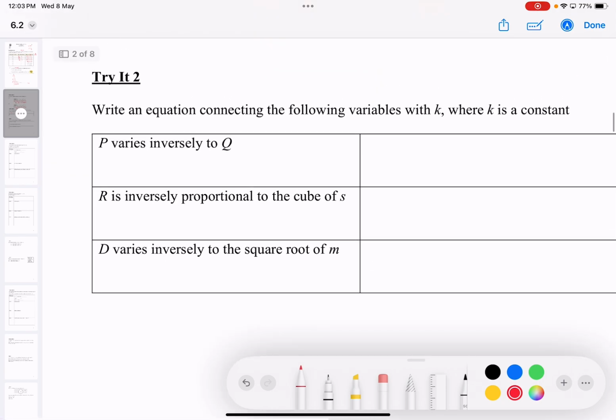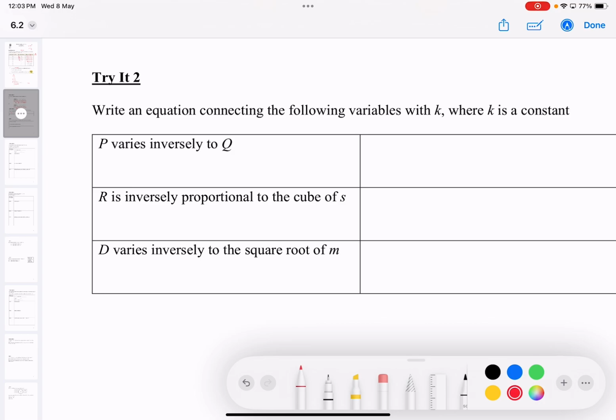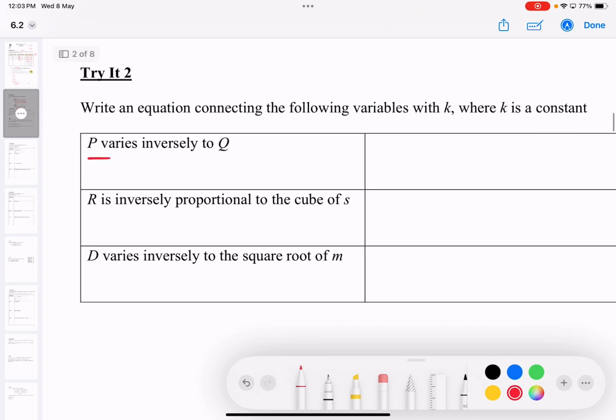Let's look at this together. Let me try one more with you. P varies inversely with Q. So I will show you one more. I will put P equals K. I always write the K first, right? So P equals K, but because it is inverse,